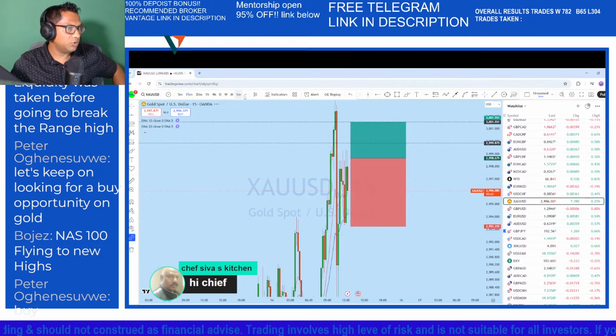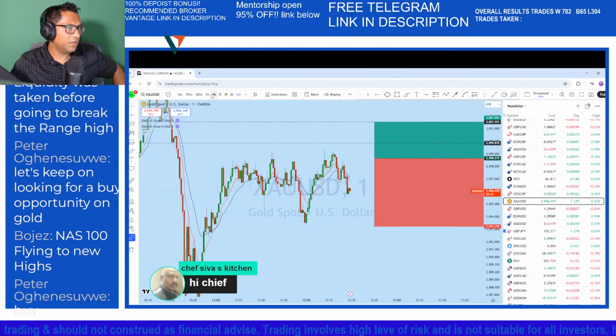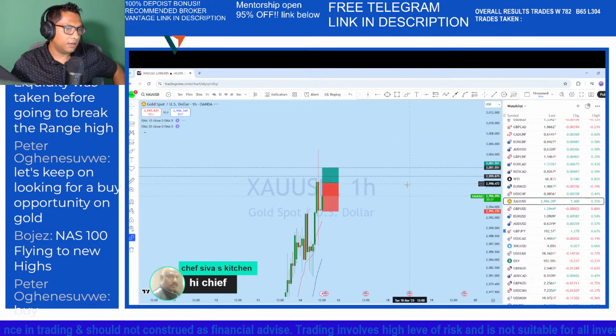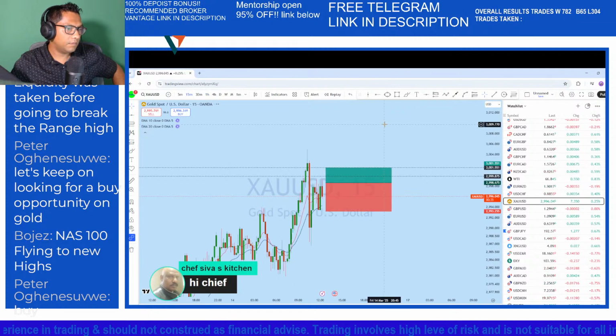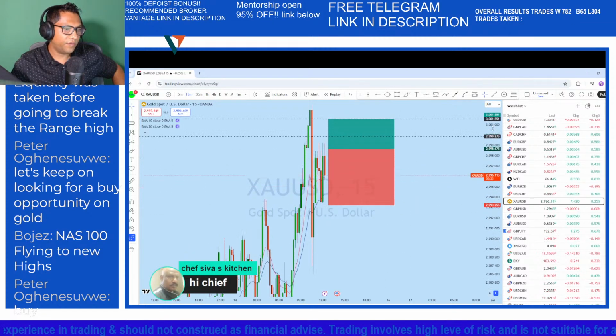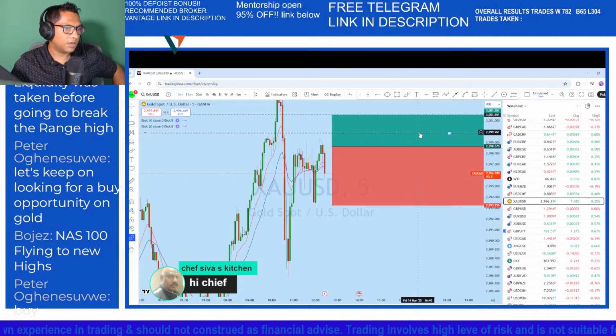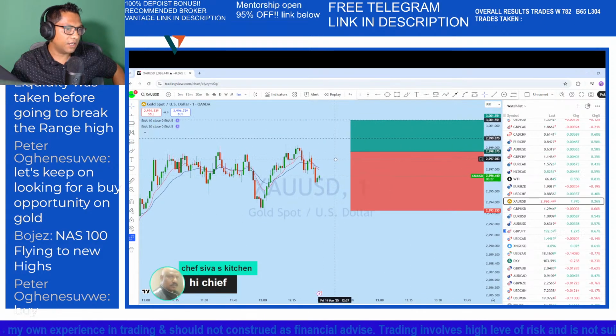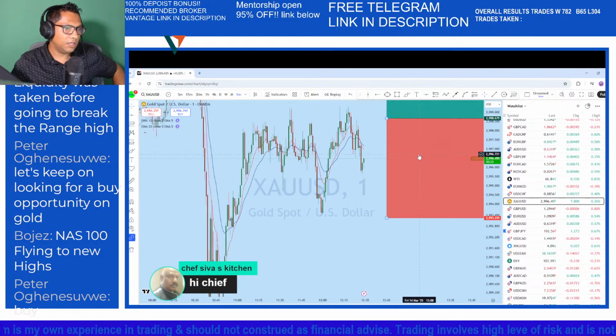From the 15 minutes we see that it started to move sideways. If you look at the 15 minutes and the lower time frame 5 minutes, if we look here, you can also see the market is in a